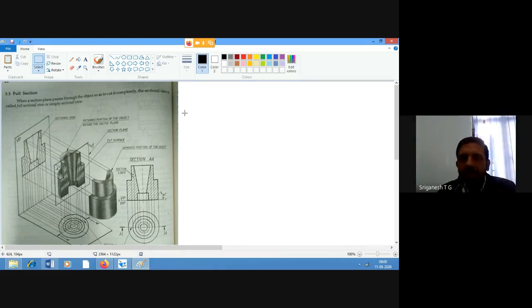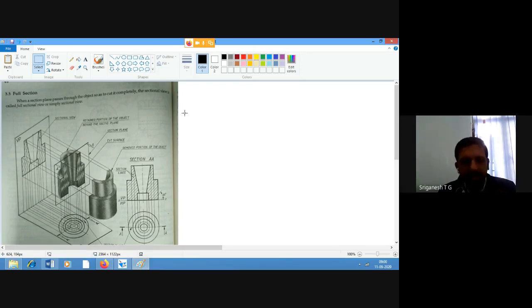Now after we cut, what will we be able to see? First, we will see the thickness of the object. Second, whether there is anything else present inside the object. Third, if it is partially solid and partially hollow, what is the shape inside? These are all the features we will be able to understand once we go for sectioning of the object.